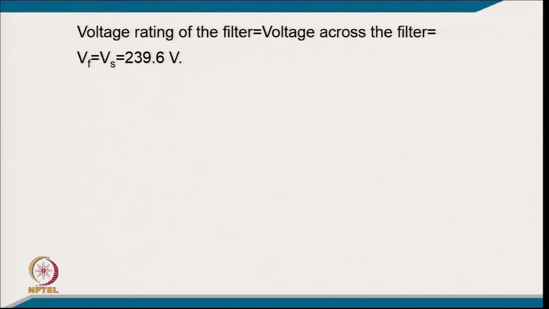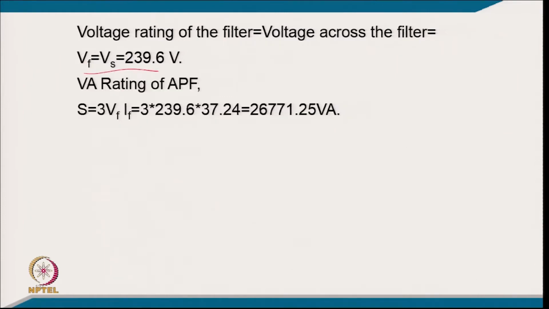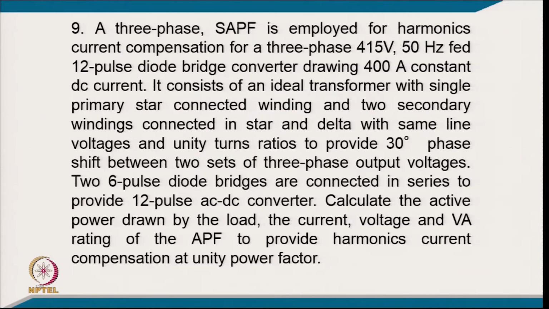and the voltage across the filter, that is the point of common coupling voltage, is Vf equal to Vs, and that is 239.6 volt. So, the VA rating of the active power filter will be 3 Vf If, and it is 3 into 239.6 into 37.24. So, it is 26,771.25 VA. So, now coming to another example, example number 9,